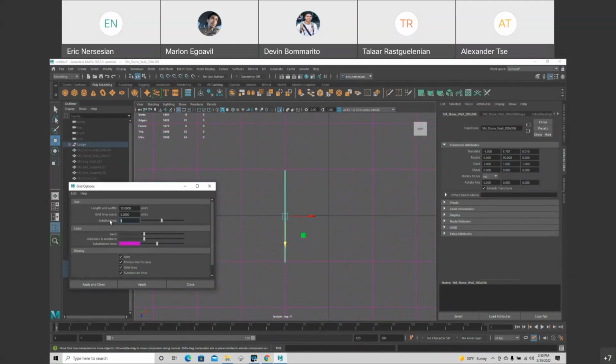I'm gonna do 50 units subdivisions, and this is 5. So each one is a tenth of a meter, which would be 10 centimeters.